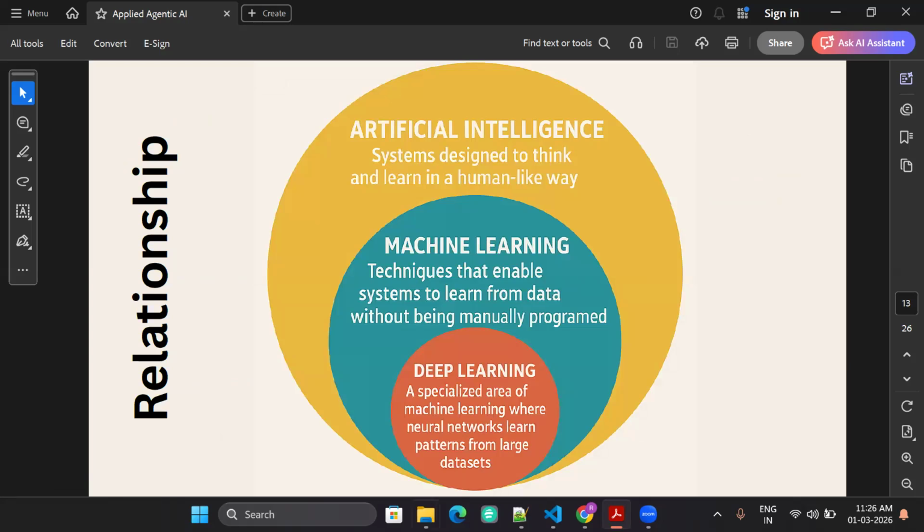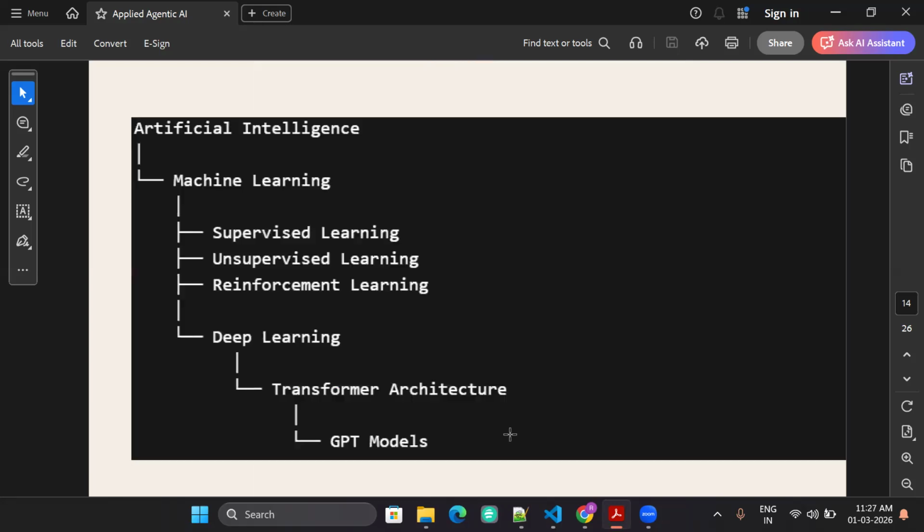Artificial intelligence is a big domain, and machine learning is a subset of it, and deep learning is an even smaller subset of machine learning, but this is a specialized learning where machines learn from huge datasets and work on multiple features. And in deep learning there are now large language models, LLMs, and vision models; they are part of deep learning.